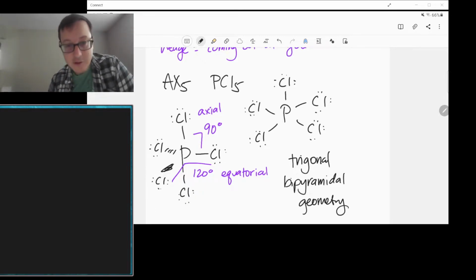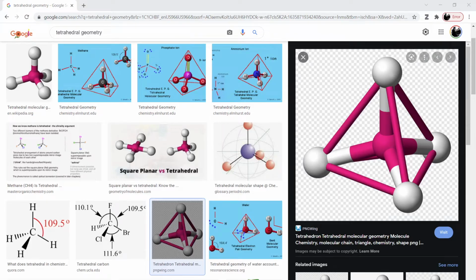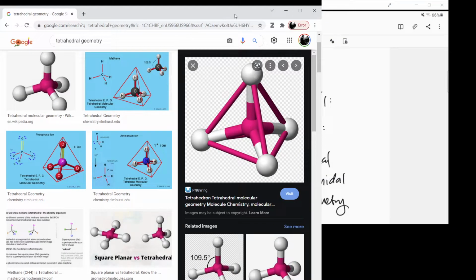So it's two triangular pyramids on top of each other. And again, we're going to go to Google to actually see the 3D so we can see what it really looks like, because my 3D drawings are not so great. And why bother when we have the unlimited power of the internet at our disposal? So let's take a look at